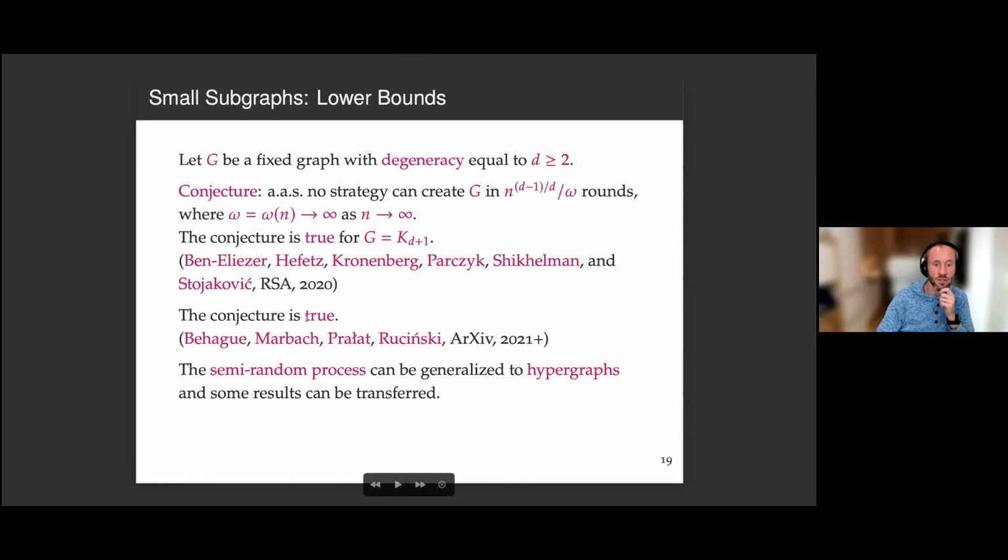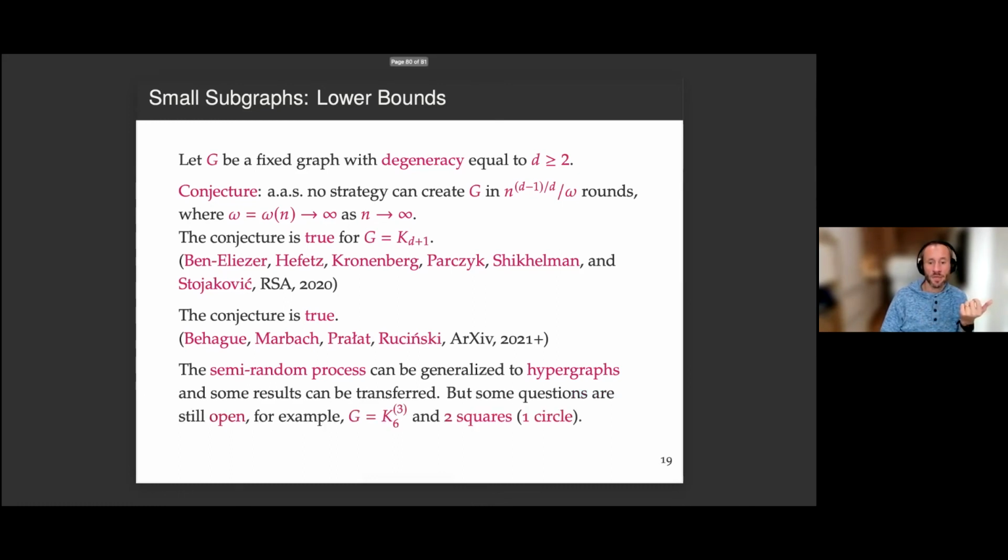everything we proved actually translates immediately to the hypergraph setting, where, let's say, you want to create a uniform hypergraph, and one square appears and two circles you can add on top of it. So everything can be immediately translated to the hypergraphs, for which you have still one square and an arbitrary number of circles. However, and maybe that's surprising, when you have more squares and only, say, one circle, vice versa, then our result does not